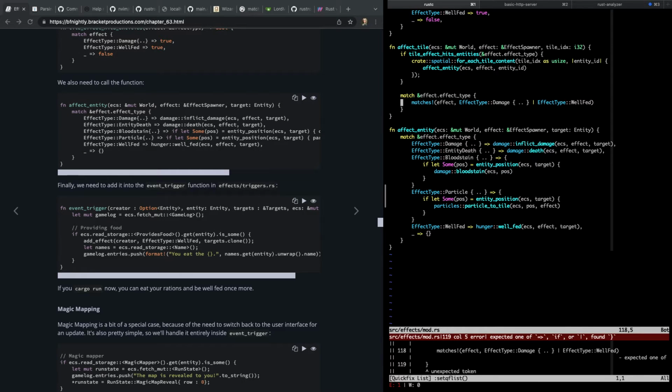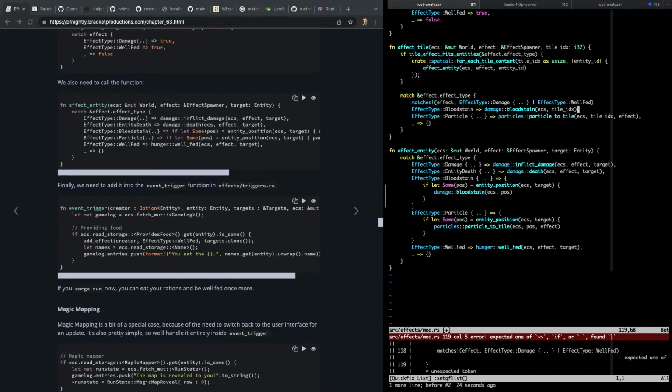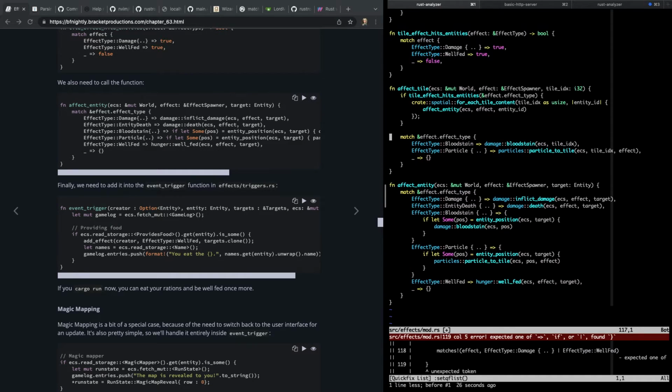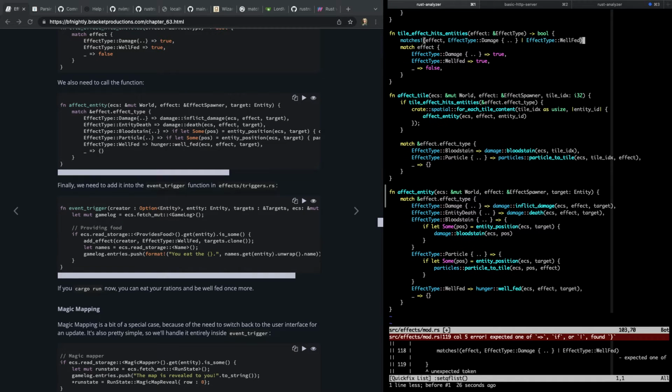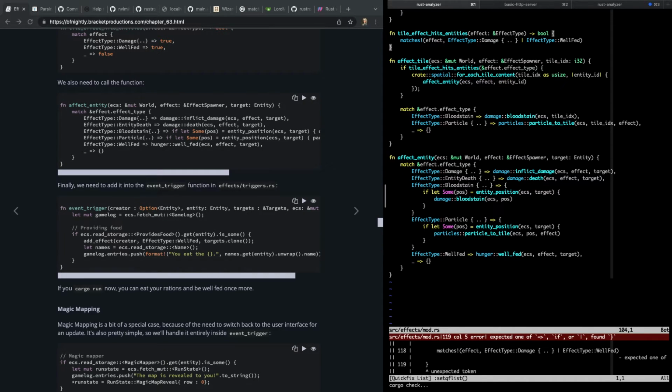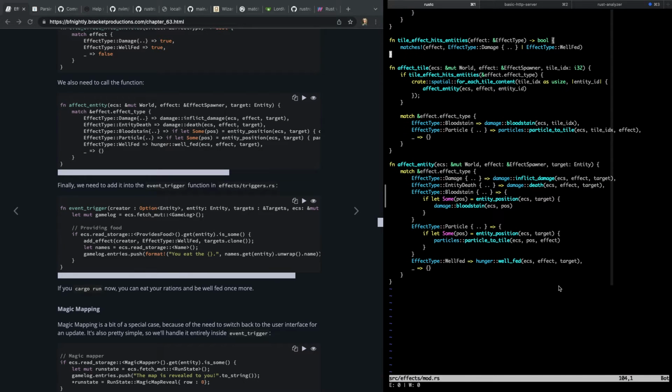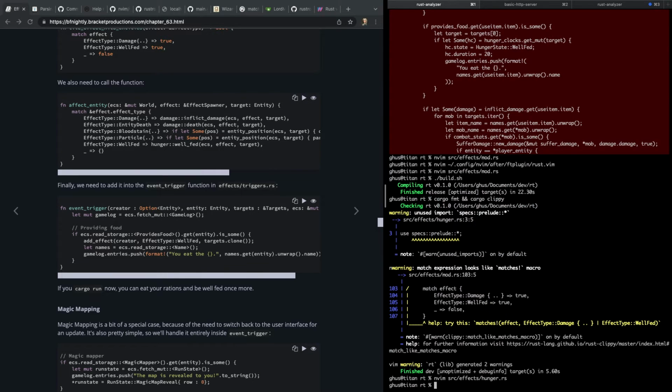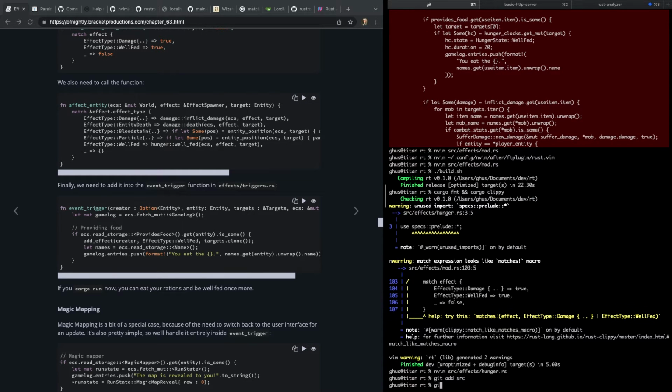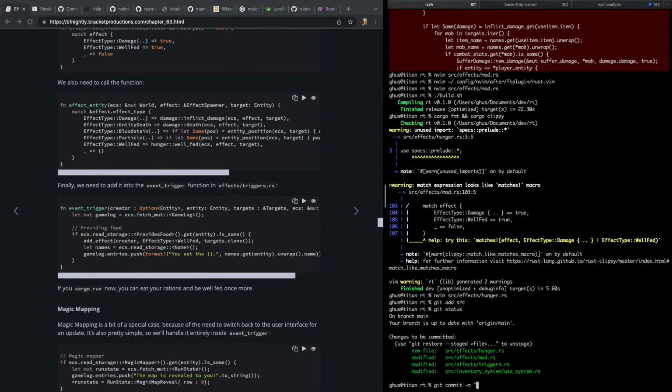Oh. What did I miss? I missed a... What did I miss? Oh, did I do it in the wrong spot? Yeah. Oops. It should have been gone here. Sorry, my brain was throwing me off there. I saw a double effect types and I said, oh, that's got to be it. Okay, we're good. Git add source. Added